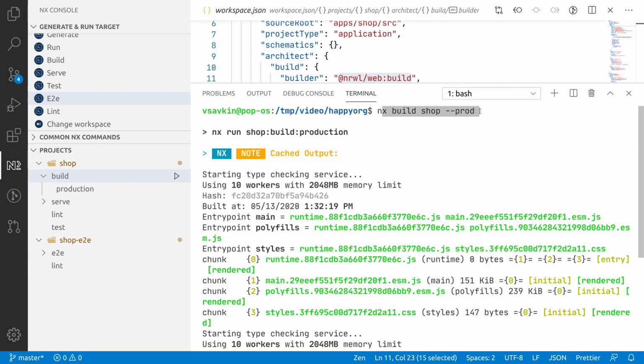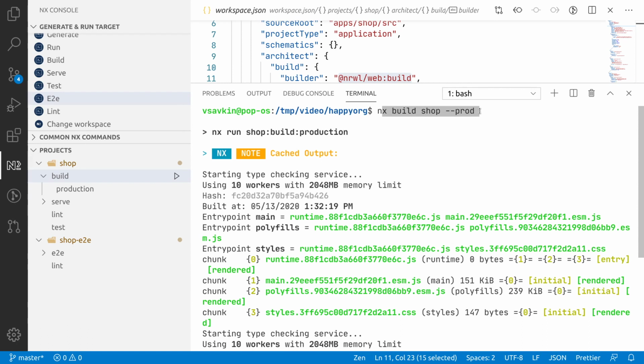When I do anything to any project in Nx, it's going to look at the source code of that project and any other project that the project depends on. It's going to look at basically a subset of the source code of the repo. It's going to look at the environment that you're running in, like the version of node and stuff. It's going to look at what you're trying to do exactly, what flags you're passing. It's going to combine these source code inputs, runtime inputs, and flags into one computation key, such that if it finds the same computation